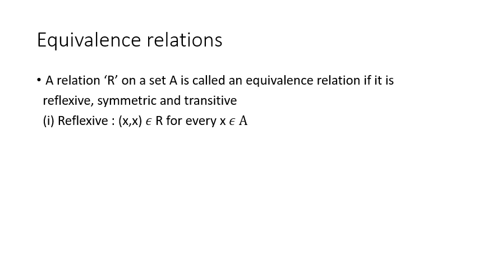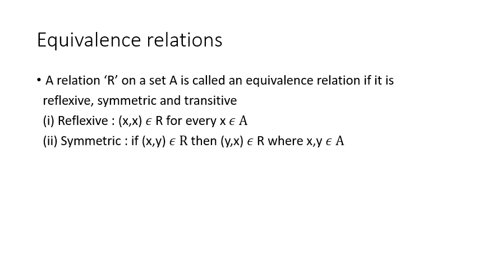But if it is only ordered pair (1, 1) and (2, 2), we cannot say it is reflexive because the element 3 in the set is remaining there. So we need to find out all these mappings. That means each number should map to itself. That is called or known as reflexive.